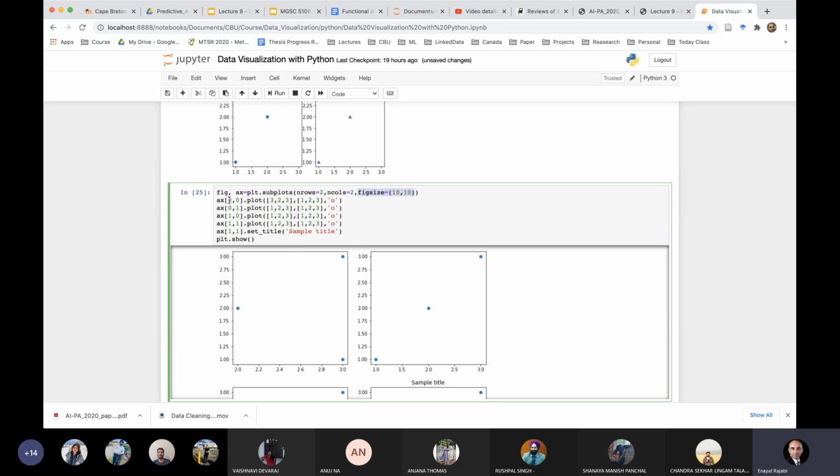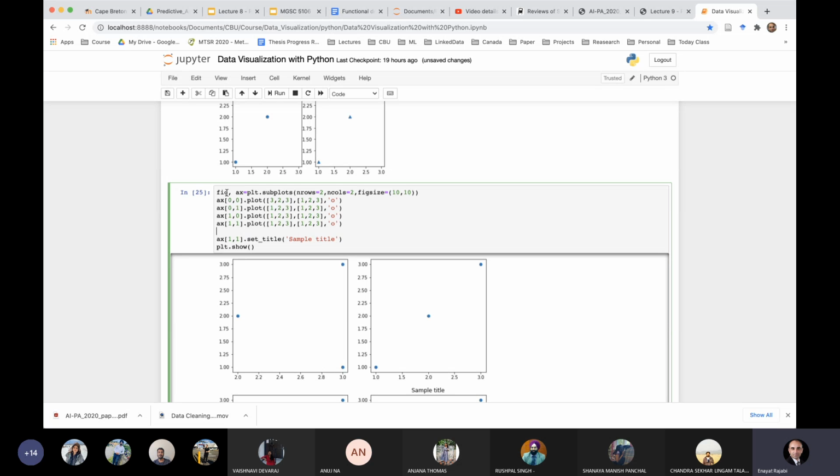For example, because we have four graphs, in the first top left we can see three dots again. With circle, I can provide this as a cross. The other one can be plus, for example, and this one should have another one as well. So I created four different graphs. Each one has